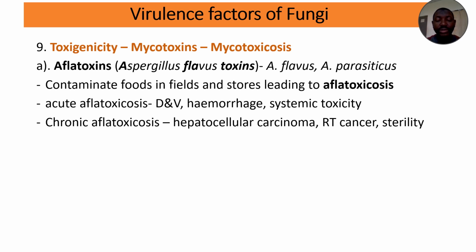And the most common is hepatocellular carcinoma, which is liver cancer. They also cause cancer of the respiratory tract. They also cause sterility when they affect the reproductive system. They also cause malnutrition in children when their food contains smaller doses of these aflatoxins. They lead to malnutrition. In animals, aflatoxin